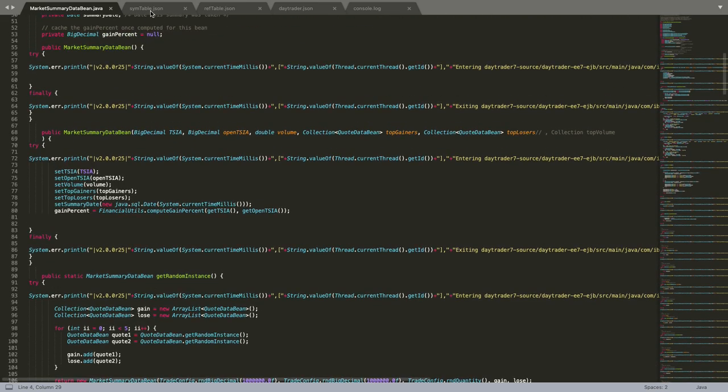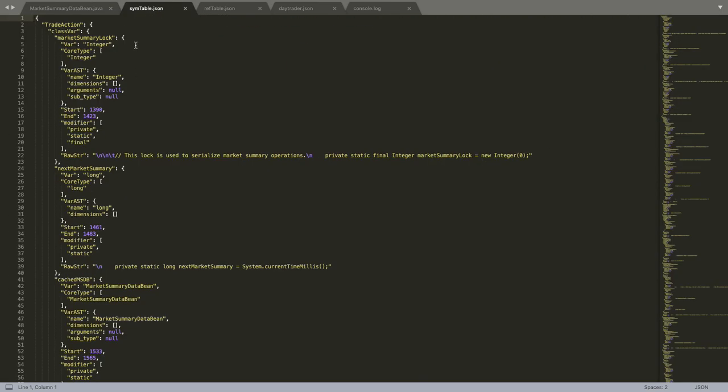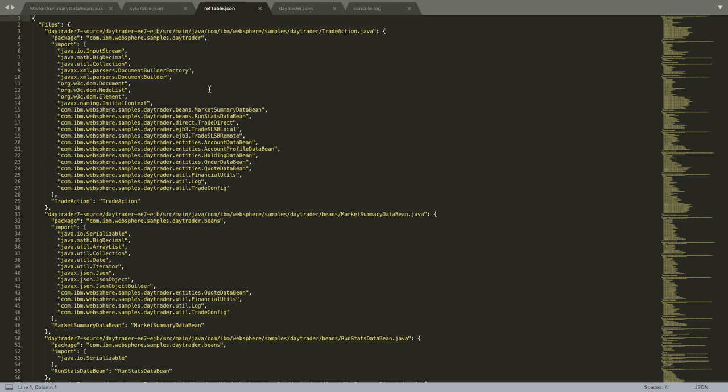In addition, as I mentioned, we obtain symbol table, which has information about the classes, its member attributes, its methods, input parameters to the method, and return type. In addition, we have a reference table that has the class details with its imports and absolute path. Once we have this data, we deploy the instrumented source code to run the application.